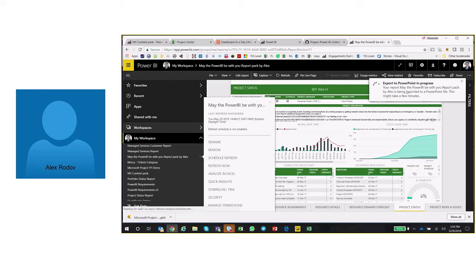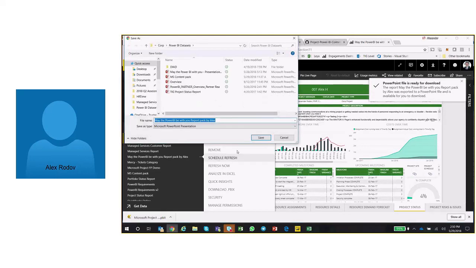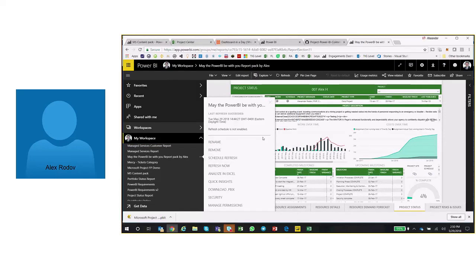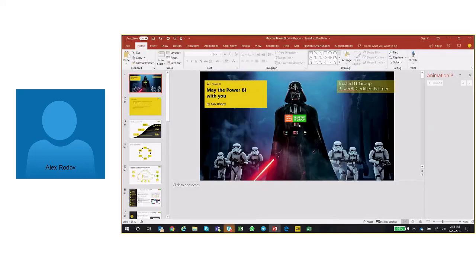want to wait until the export to PowerPoint will finish. And then I'm going to show you the options that we have for, oh, there you go. So May the Power BI be with you by Alex. This is the PowerPoint. I'm going to save that. Now it's saved. Now I can open this so you can take a look at how it looks, and check how it looks. So when you open this, it will open the